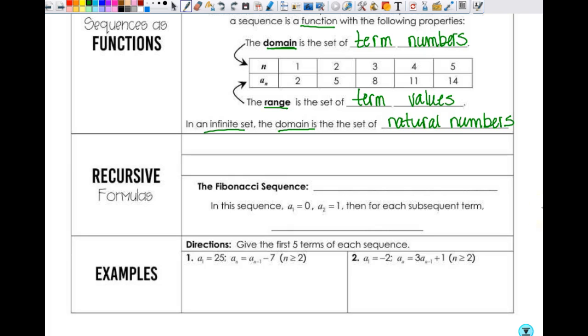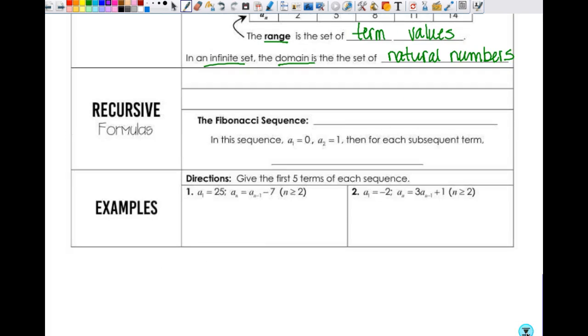Which is your 1, 2, 3, 4, 5, all of them. Okay. So there's a couple different ways to write the rules for these, which y'all were kind of trying to do on that other one there. One of them is what's called a recursive formula, and these are a little bit easier. This is just a rule